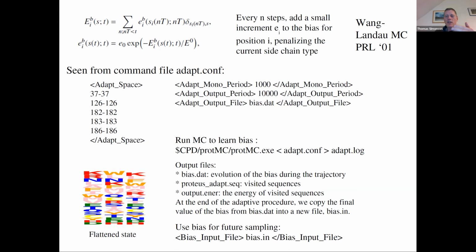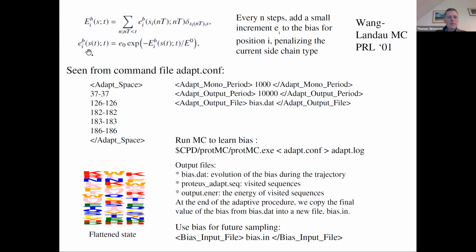And what that does is if you sample a particular type over time, you sample it a lot, after a while, you want to move away and sample other things. If you want a flat surface, this means you're sampling everything. So you want to penalize the stuff that's being sampled, and eventually other things will be sampled. And eventually you'll be sampling everything pretty much at the same level. And the trick is that these little increments, they get smaller and smaller. And that's been worked out by the metadynamics people in great mathematical detail.